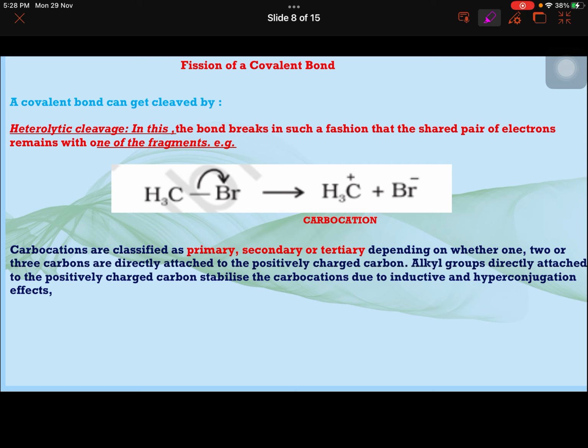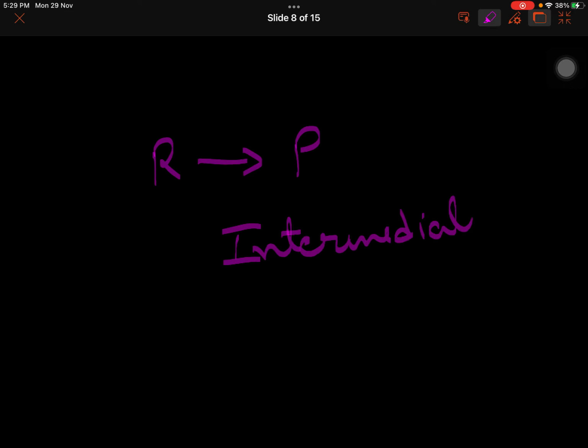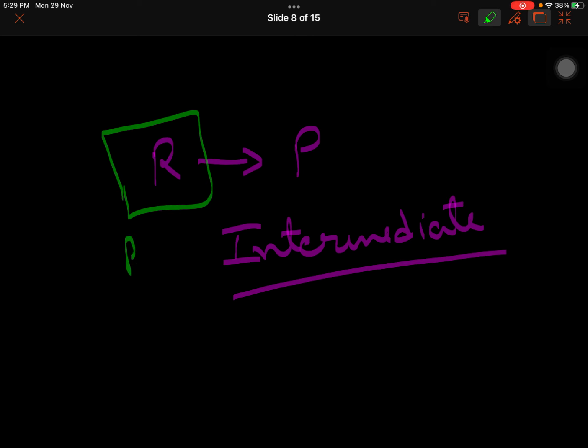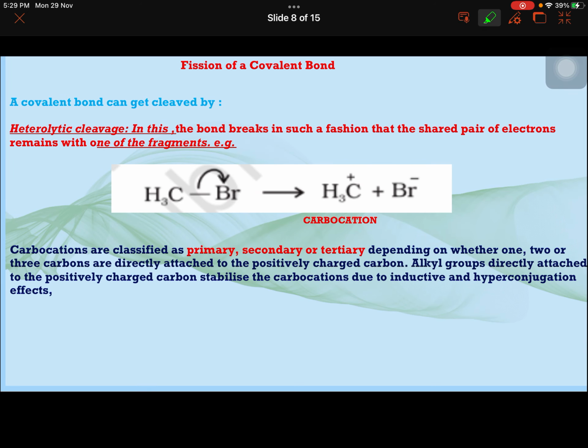But before that, we have to understand that for every reaction, you have reactants which are giving you products. In between, a stage comes when the bonds of reactants are not completely broken and, to give rise to products, the new bonds are not completely formed. That we call intermediate. Intermediate is basically the transition state, that is taking you from the reactants to products. But one thing is clear, that for every reaction, the bonds in reactants have to break. Initially, if the new bonds are to be formed, old bonds have to break. So that breaking is very important for a reaction to proceed.